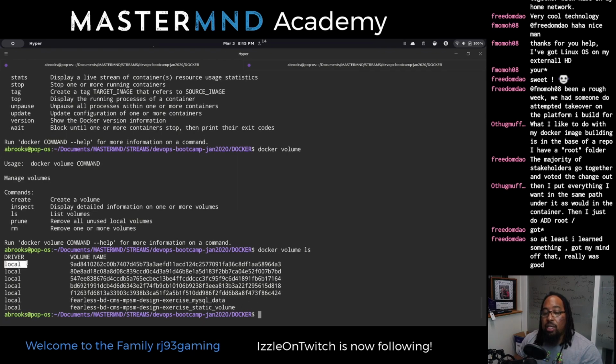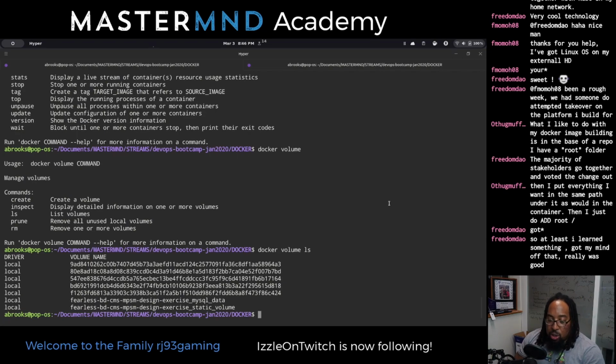It basically gives us a local spot on the computer that we don't really need to worry about where this stuff is saved. You do have control over where that is. You can actually go there on the file system. But this creates a nice little paradigm for a place where your containers are saving things locally to your host machine. This is very similar to how the container is very isolated, and you expose a port and connect it to the port on your host machine. It's kind of the same thing. The data that's saved here is connected to another save spot on the host machine, so that we can keep that data when that container goes away.